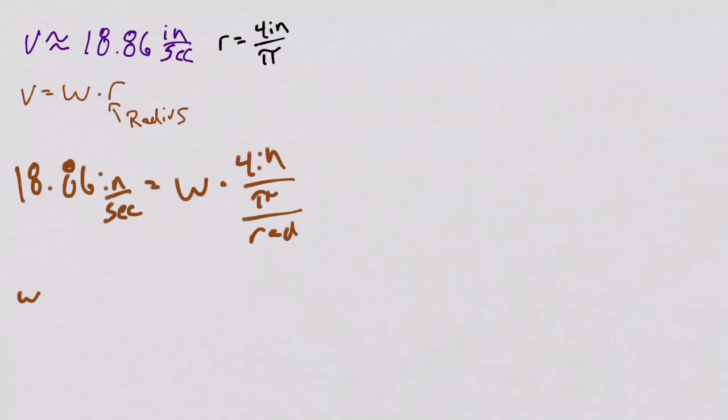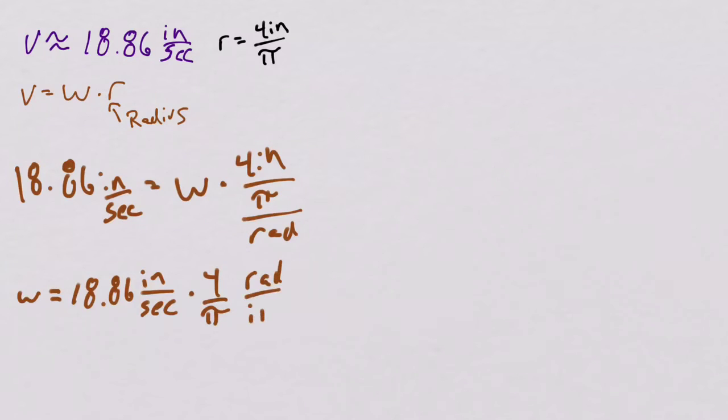My angular velocity is 18.86 inches per second times 4 divided by pi radians per inch. My inches will cancel. And once we throw all this into a calculator, we're going to get that my angular velocity is approximately 14.81